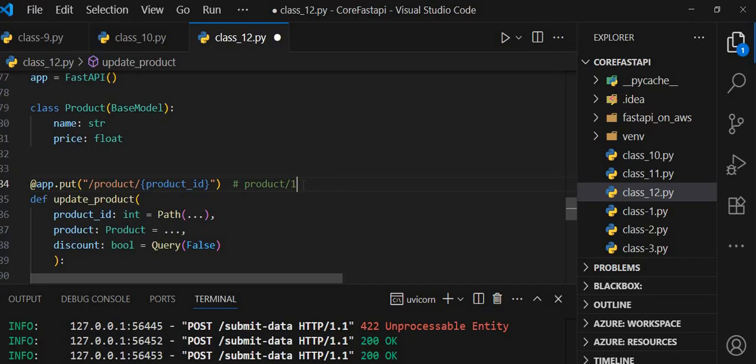You have to definitely pass the product ID. And here this means the full request body product model is required. The product is the model name, and three dots here, the ellipses. This means the full request body means we have to provide the name and price,